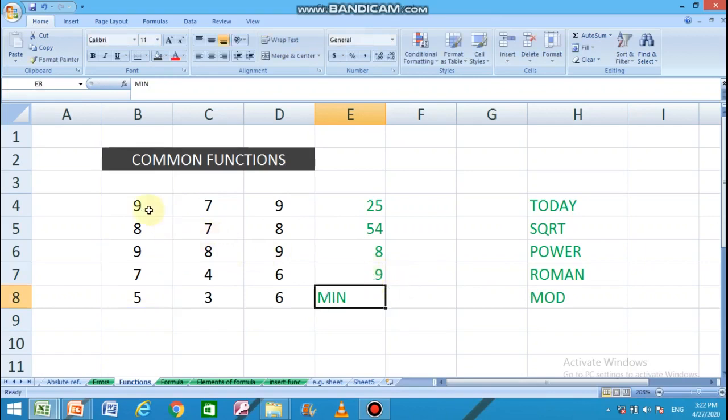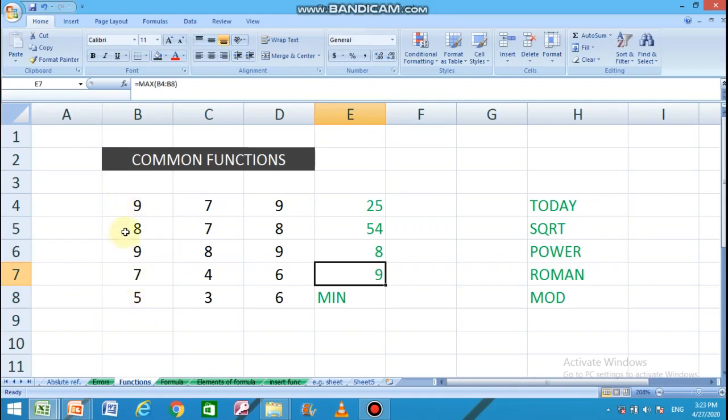You can see B4 to B8. These are the set of cells which I provided in this function argument list. Max B4 to B8, and we can see 9 is greatest from all of them.